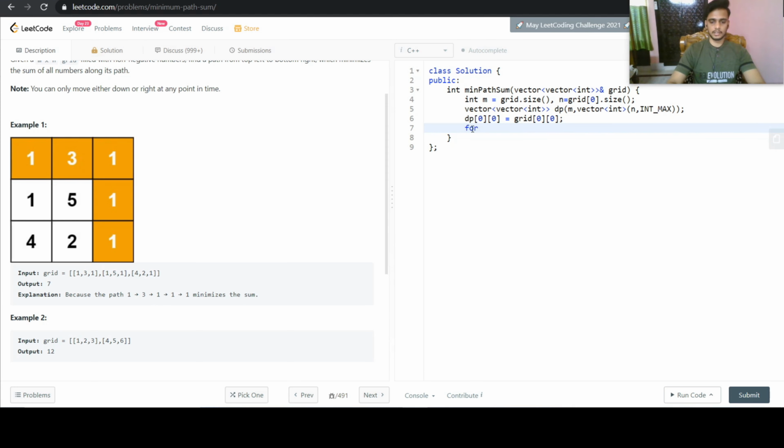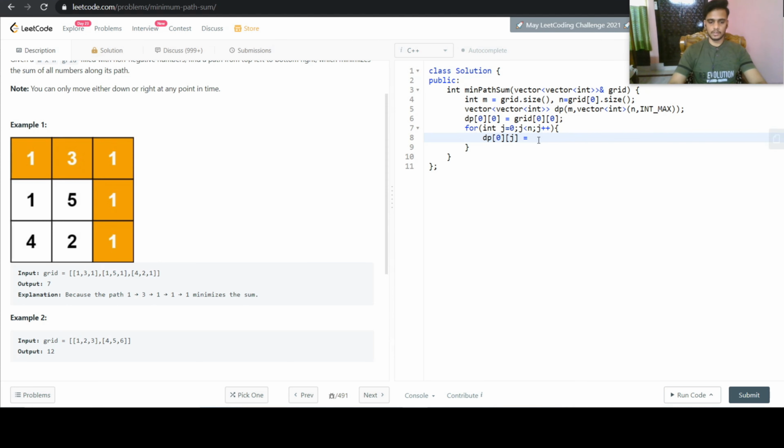So first of all, let us handle the case for the rows. So for int j equals 0, j less than n, j plus plus. Now what we are going to do here is calculate the cost. So i value is 0 and j is the variable, the column value is variable.